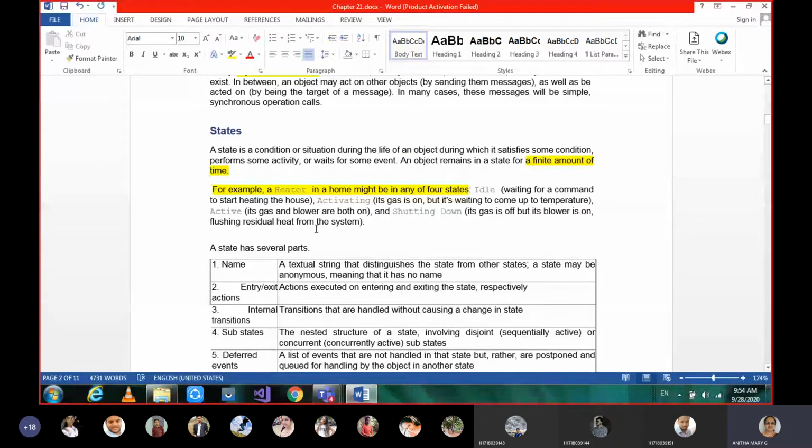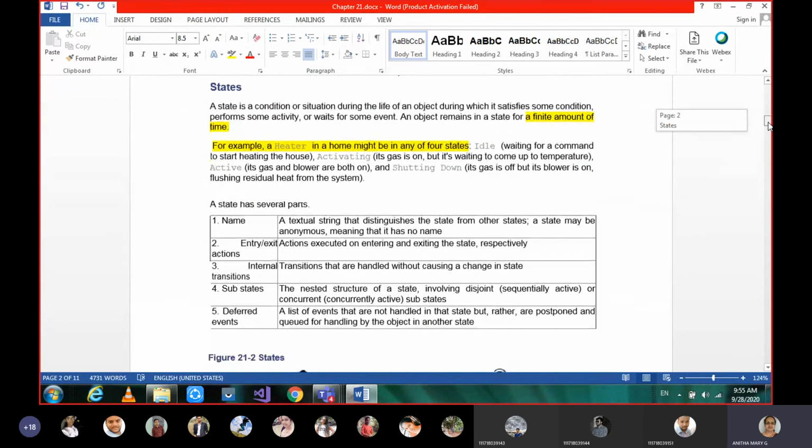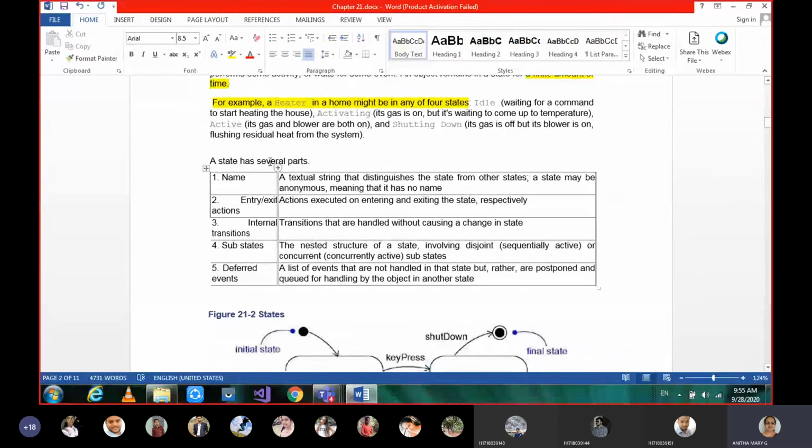Here the example of a heater in a room might be in 4 different states. So that is what I was just talking about. So let's see the example. Before that, a state has several parts. So we know what a state is now: a condition or a situation at a particular point of time in its duration.